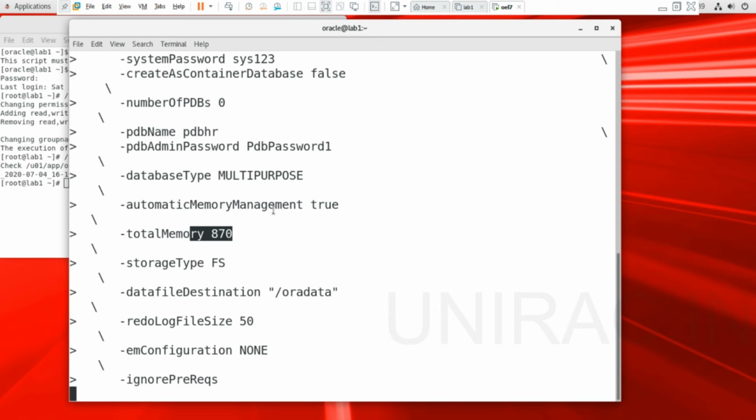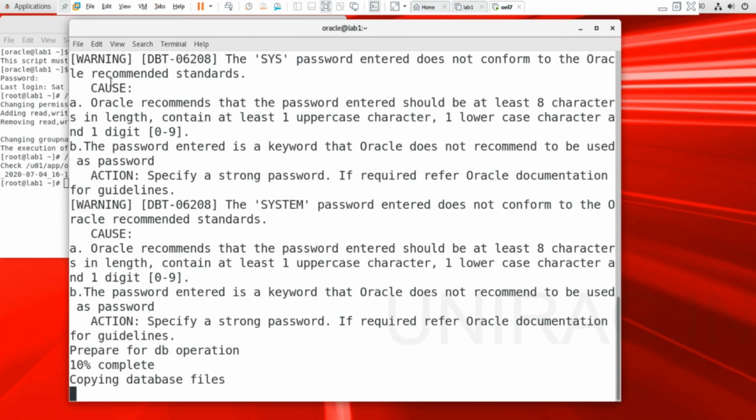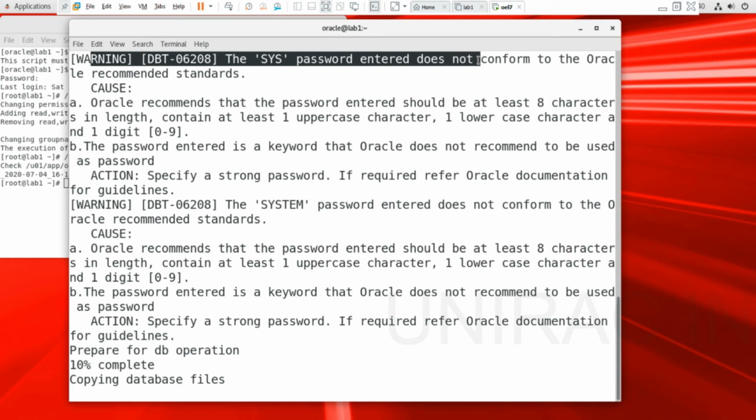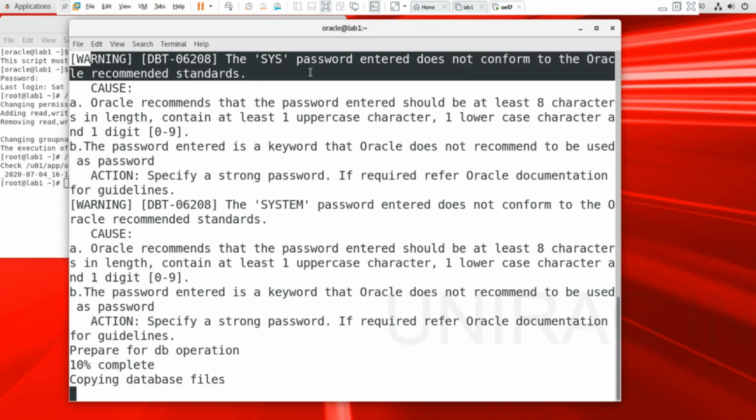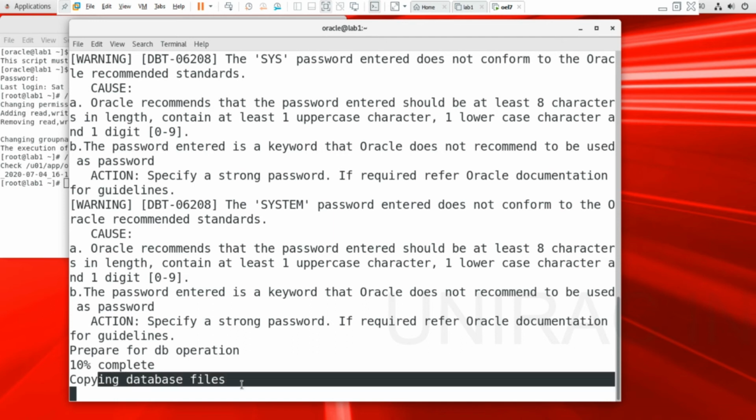By default it takes the value as MB. You can see some warnings: the sys password entered does not conform to the standards. We can ignore this. 10% of the job was completed and it's copying the data files now.